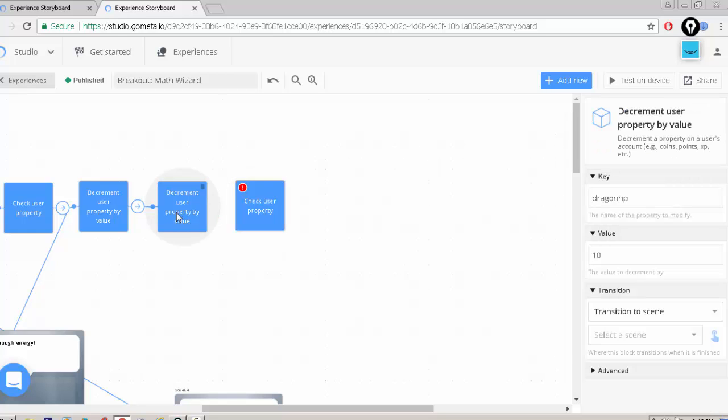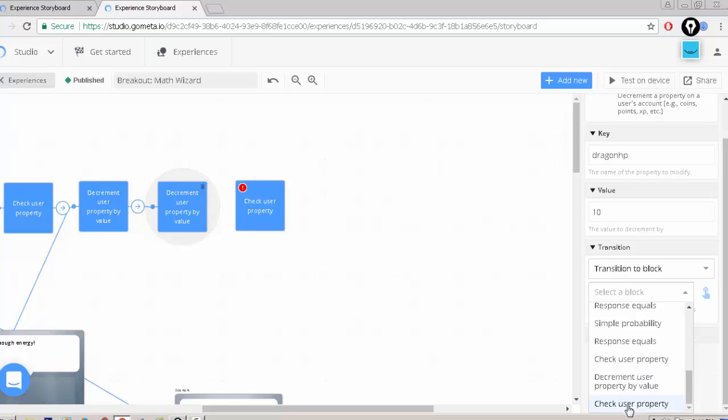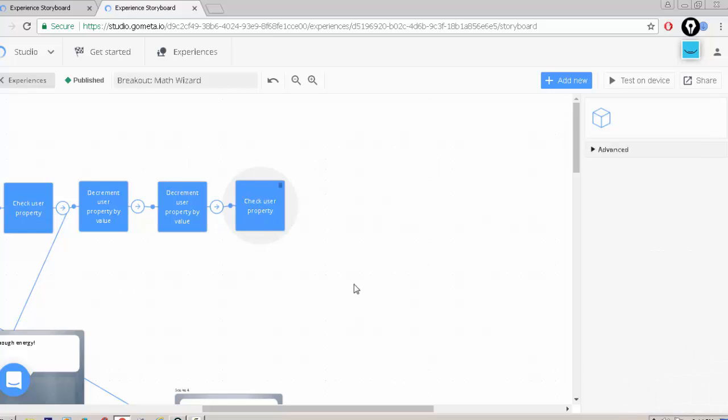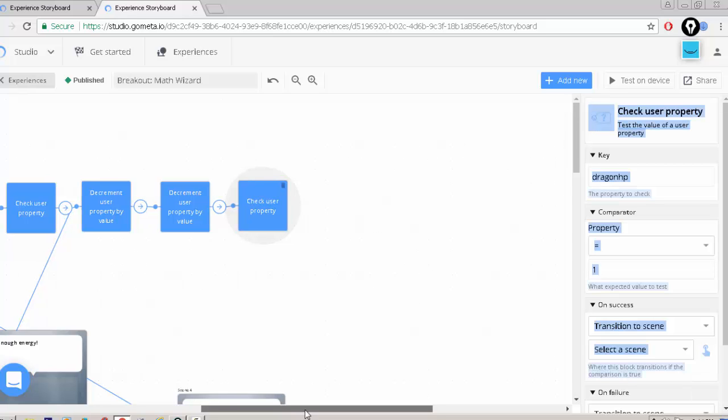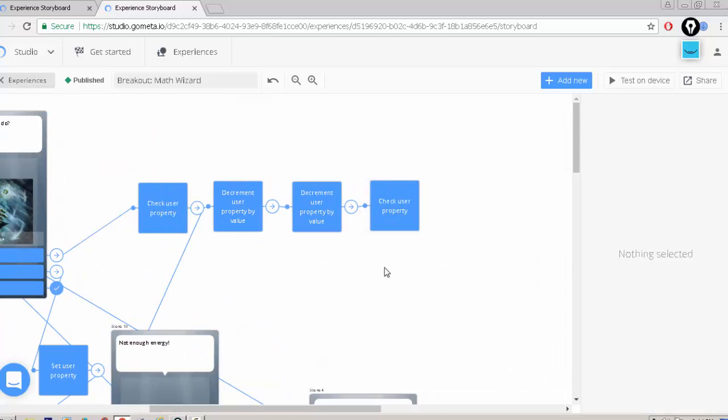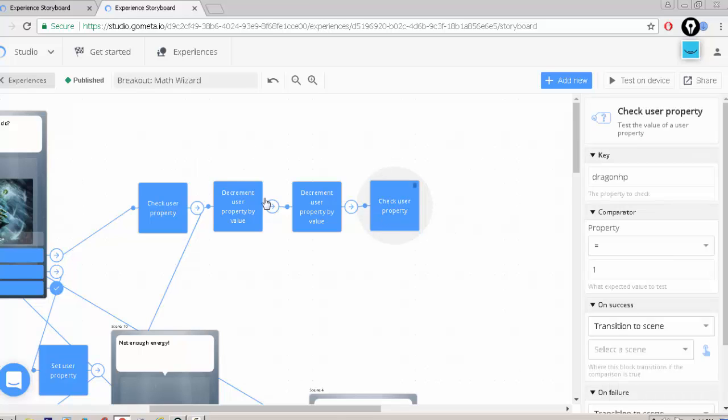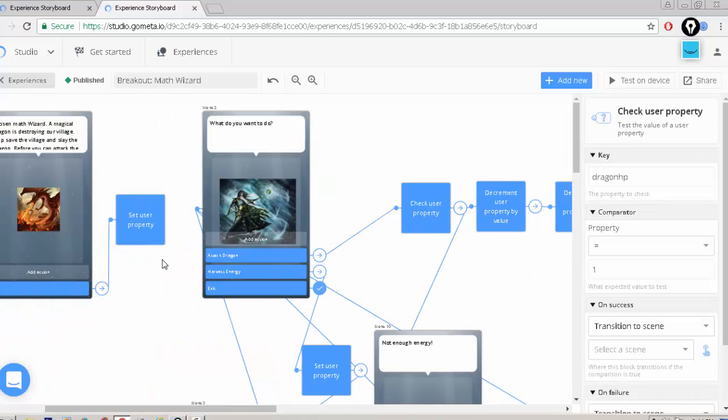Okay, so we're gonna link it first. Check user property. Okay, so this block here, this is the dragon HP. It's gonna check if, because this scene is gonna loop and loop until you reach 0, until you